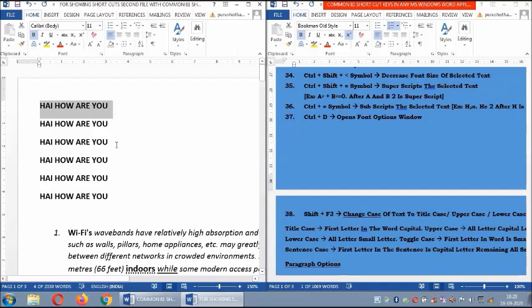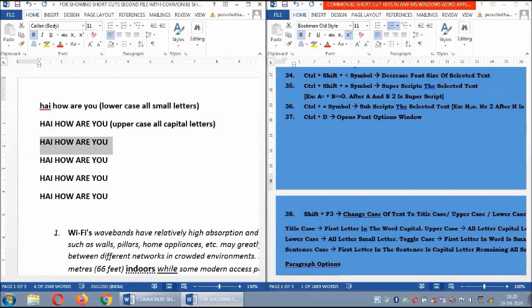Holding shift and using the function key on the keyboard, Shift F3. See how it changed now to lower case. This is lower case, all small letters. This is upper case, all capital letters. Now again I select Shift F3.